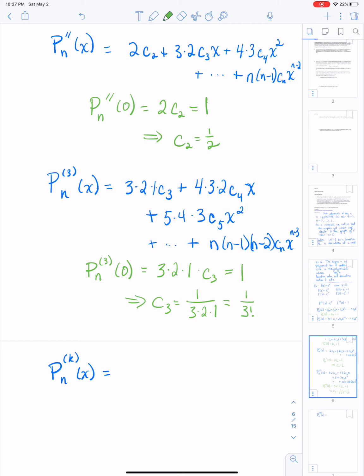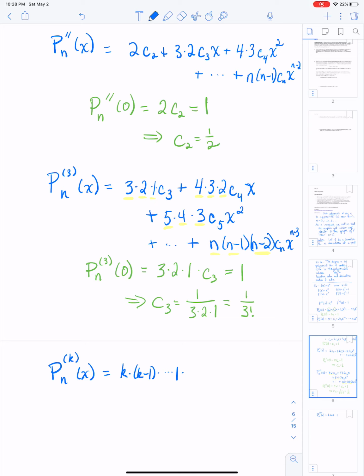In this P3 I have 3 times 2 times 1 in the first term, and then 4 times 3 times 2 in the second term, times the c4, of course. Each of these constants that I'm underlining comes from one of the derivatives that I'm taking. So the kth derivative is going to result in k times k minus 1 times, all the way down to 1